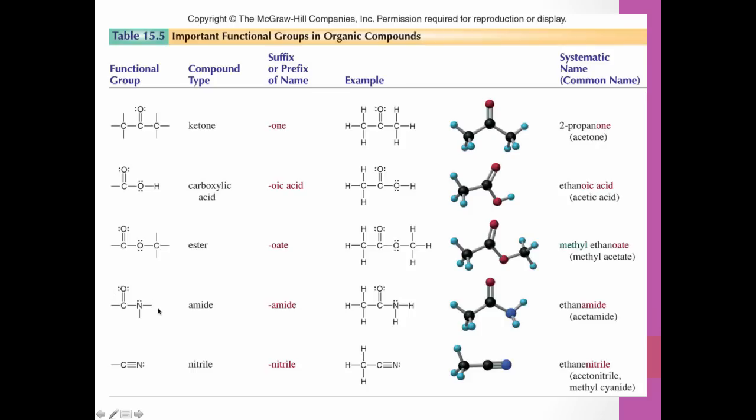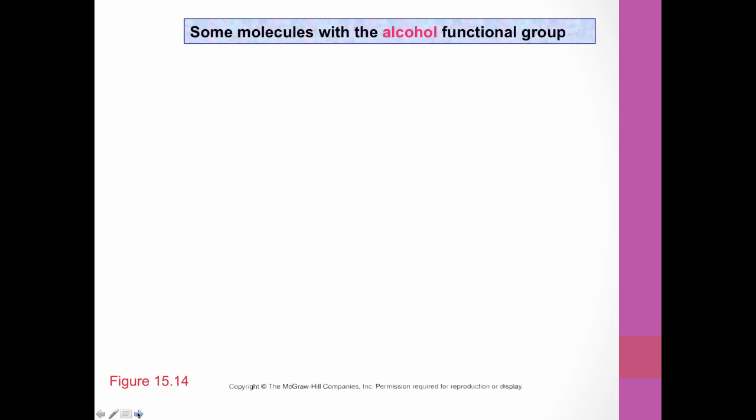And here we can see an amide. An amide is a type of bond that occurs when a carboxylic acid and an amino group bump into each other. And this is actually the backbone bond of most proteins. Nitriles you don't need to worry about. The thing that we're missing in here is a sulfhydryl group and a phosphate group. So the sulfhydryl group is an SH bonded to a carbon, and the phosphate group is a PO4 molecule bonded to a carbon. And we'll really spend more time with those when we get into the specific biologically important molecules